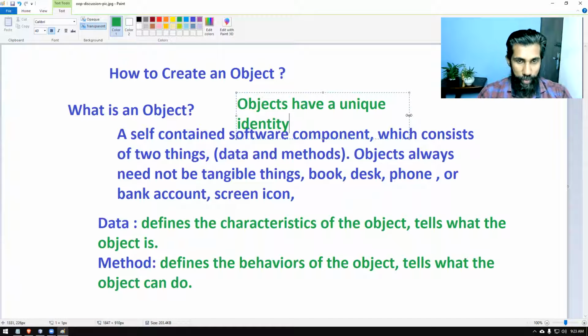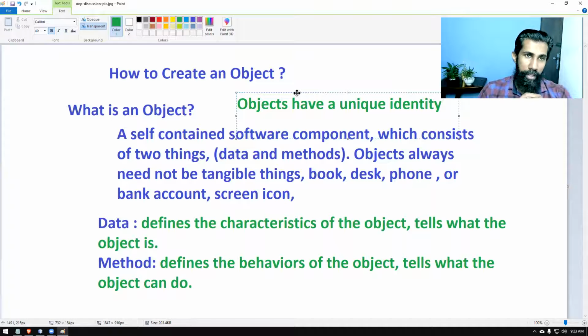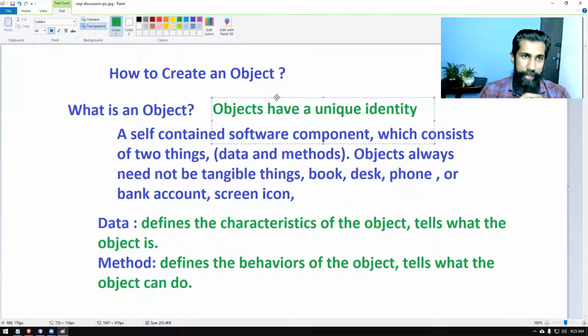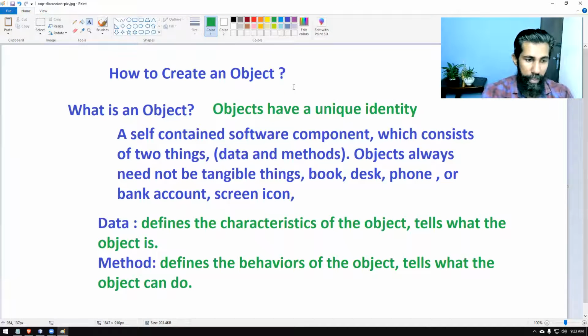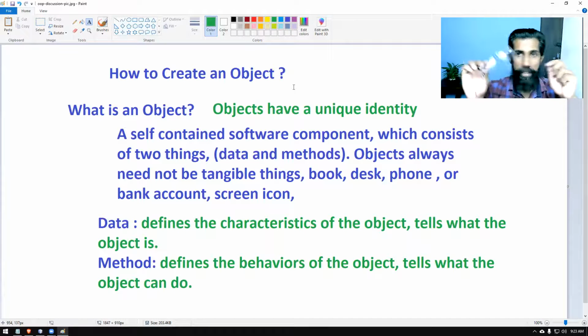The idea of a unique identity is that if you take any object, it can be uniquely identified. For example, if you take these particular glasses which I'm having, this is the only such object in the entire world.